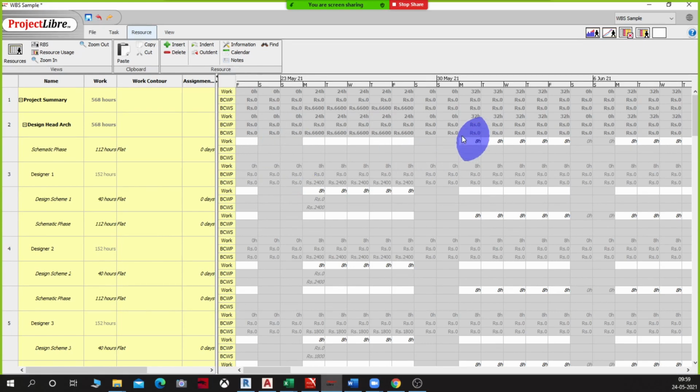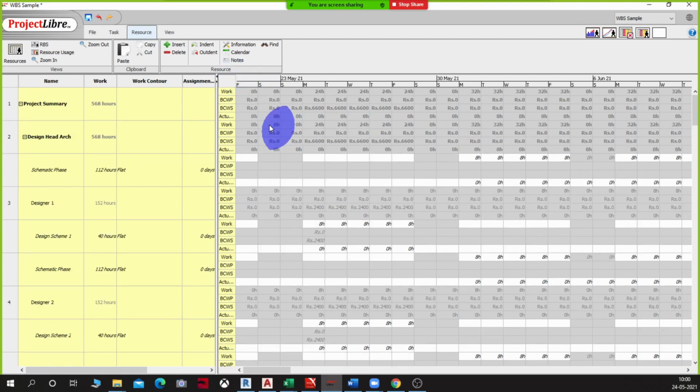Notice that they are all coming in gray, and I'm not able to make any change there. That's because what I can control is only the time input: how much work did we actually do? So here I'm going to say work, and then put in actual work. Notice this actual work which has now got added here.